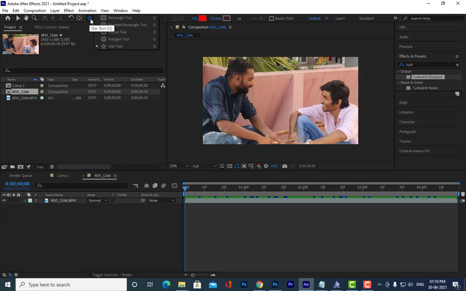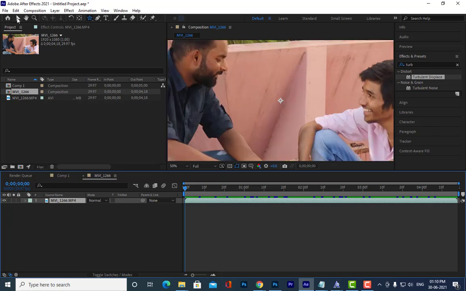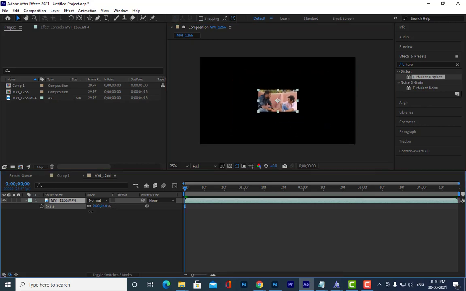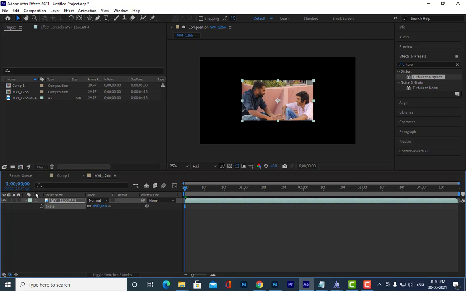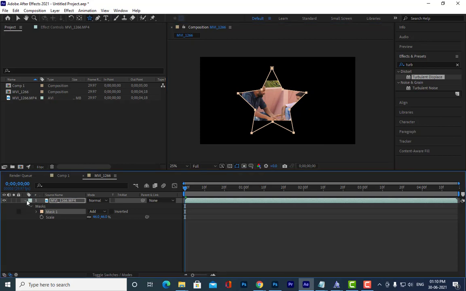How did we take the shape layer? See, here we have. Let me reduce the size of the video. You can scale it like this, and then I can just keep it.